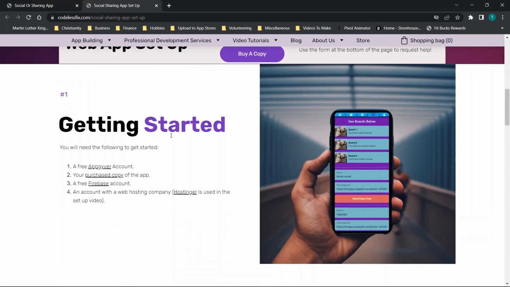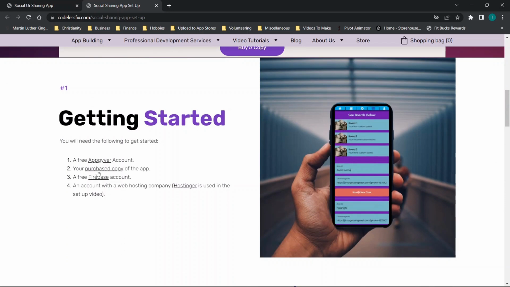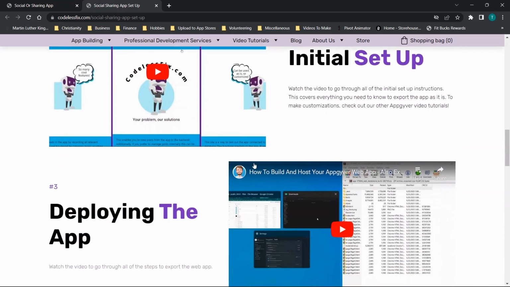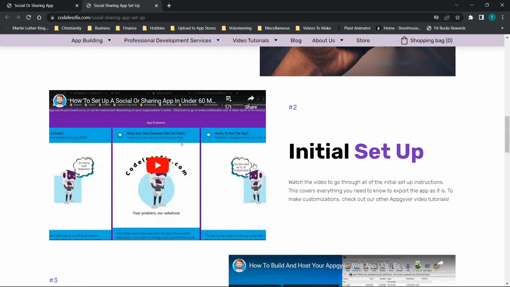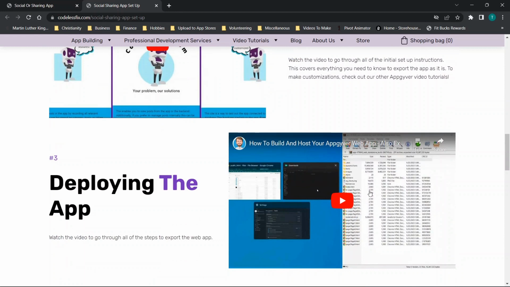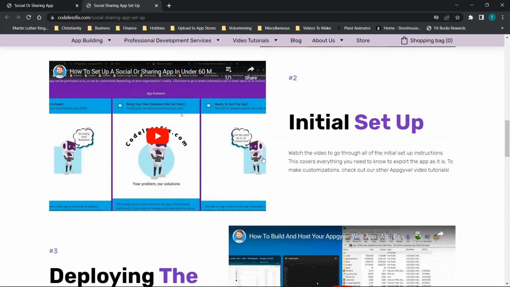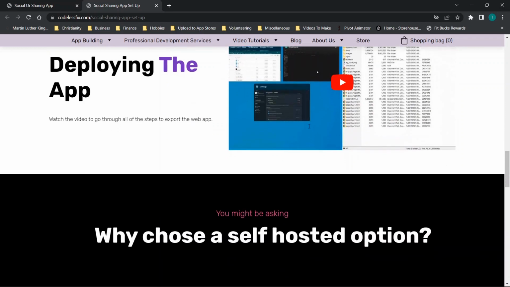So as you scroll through, you'll see the getting started, basically what you need for that application. And then typically you'll see video tutorials. In this case, there is a video that's just under an hour for the setup, and the deployment really doesn't take much longer. So if you have zero changes to make to this application, except setting it up and connecting to your database, within, I would say, 1 to 2 hours, you can actually have it set up and deployed